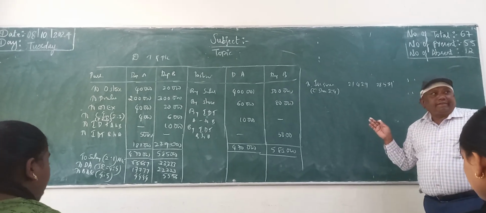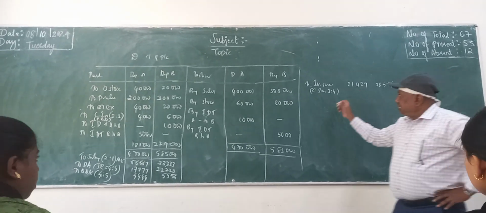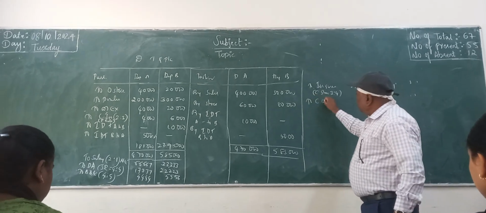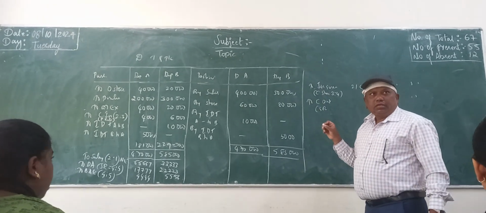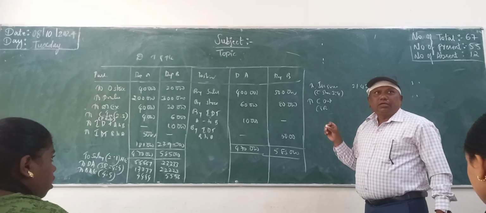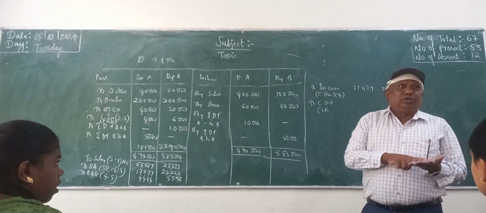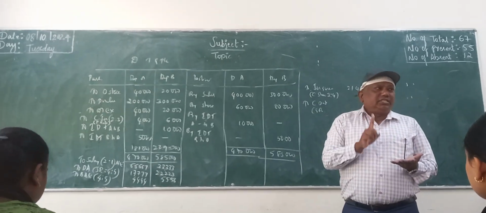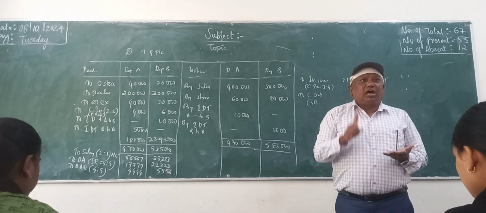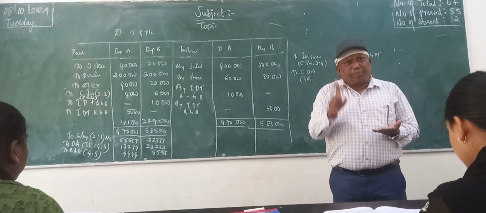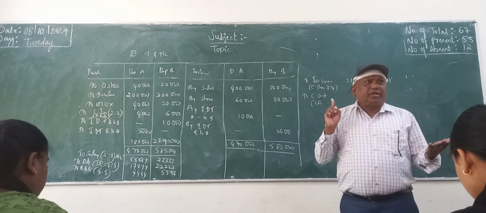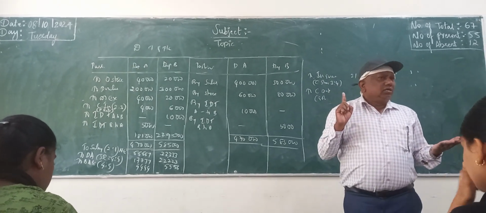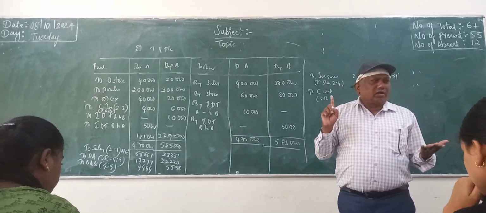What next? Carriage outward. Sales, right? Yes, sir. Carriage outward is because of sales, so the sales ratio. Accountancy charges and legal expenditure are not allocated to any department because we are giving the total, not separate. The owner is giving the total, not separate, and so we are not allocating.